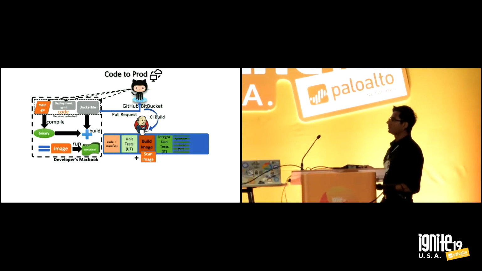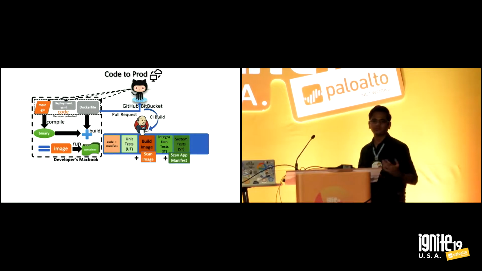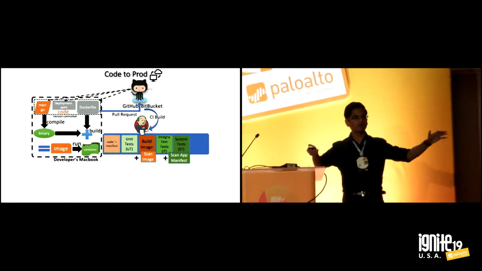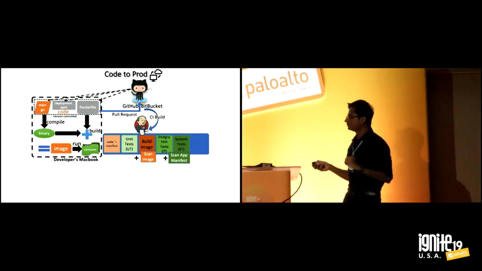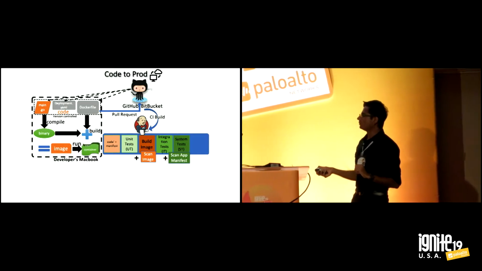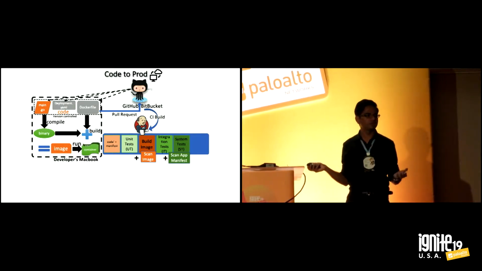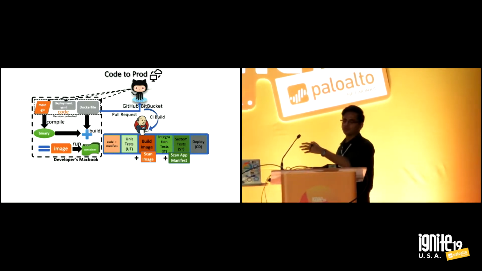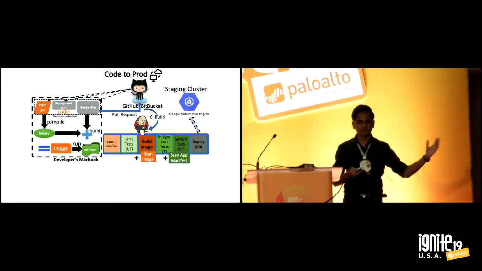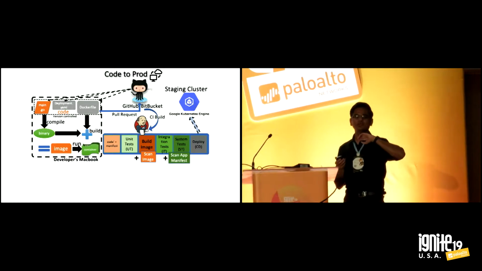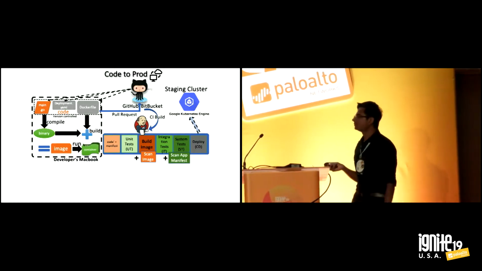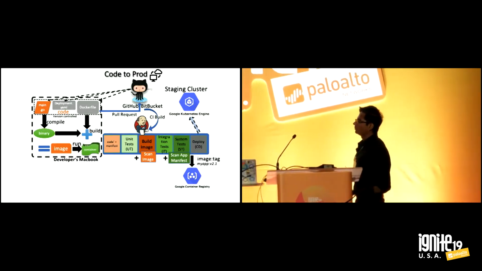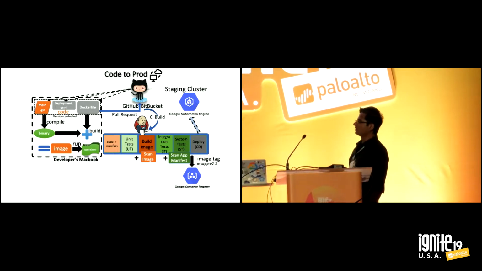Then you do integration tests, system tests to make sure that it works with all the other applications in your environment. This is where you scan your application manifest, Kubernetes manifest. Optionally, you can also have a continuous deployment. If everything looks good, then deploy it to a staging cluster. This is more often than not.